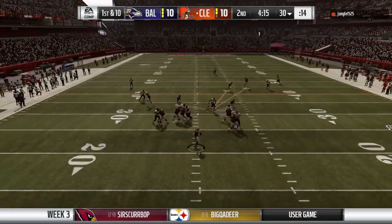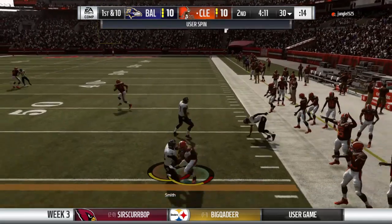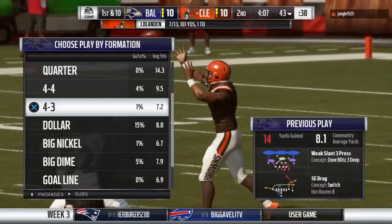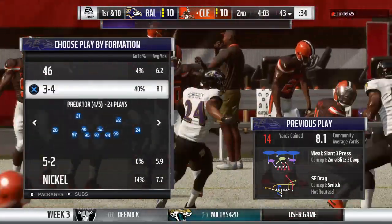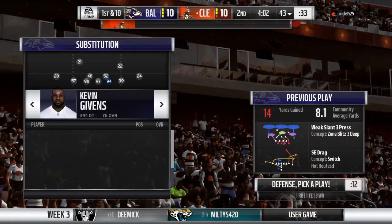They'll try and start this drive in the air. Throwing right, and that's complete. And they get him down, but not before he takes it across the 40-yard line. First down yardage on the first play of the drive. Give him 14. And, boy, they had high praise for this rookie receiver when we asked the coaches about him,